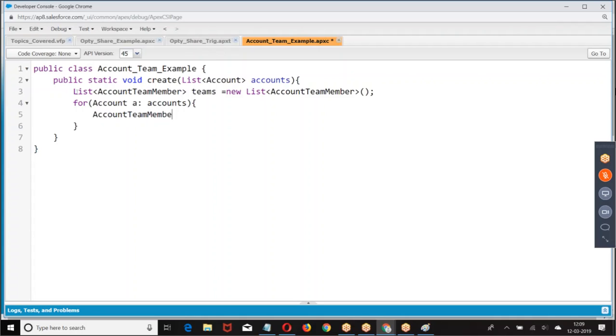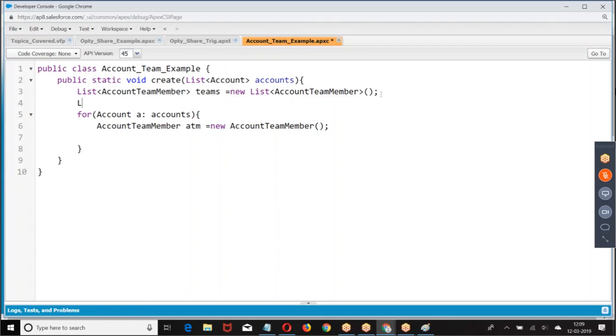Account team member. Then I'm sharing. With whom you want to share? You want to make somebody an account team member. So I'm giving here User u equal to, where, yes.